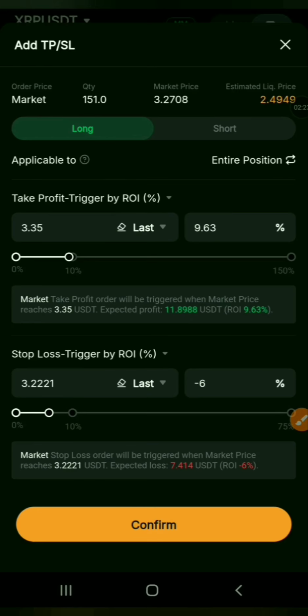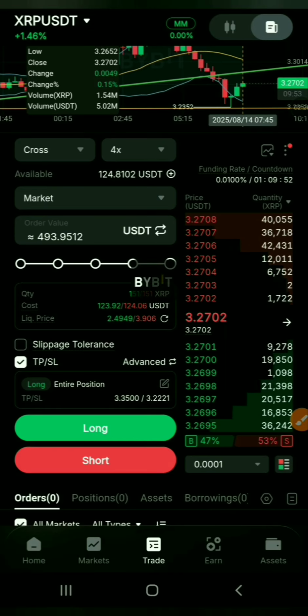All I have to do now is place this long position and wait for the market to do what it